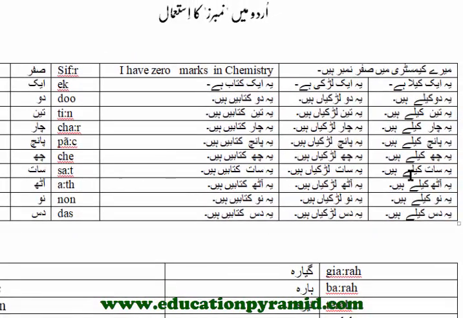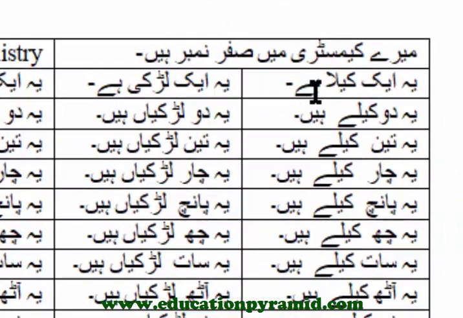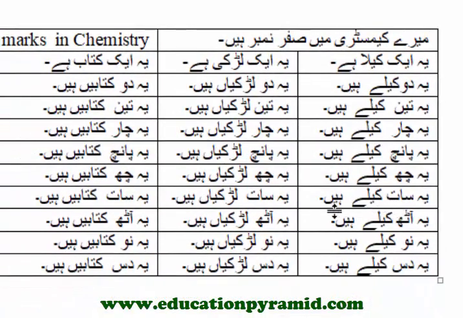And there is another example. This is a banana. ये एक केला है. These are 2 bananas. ये 2 केले हैं. ये 3 केले हैं. ये 4 केले हैं. ये 5 केले हैं. ये 6 केले हैं. ये 7 केले हैं. ये 8 केले हैं. ये 9 केले हैं.